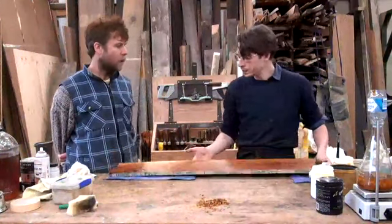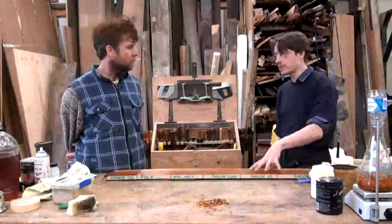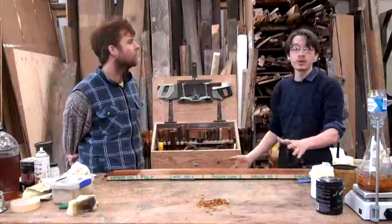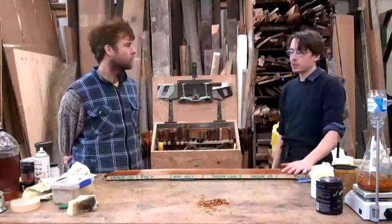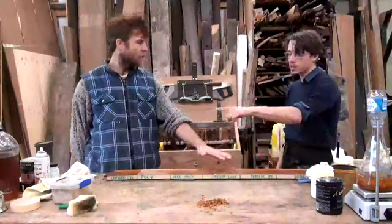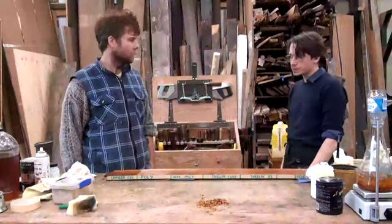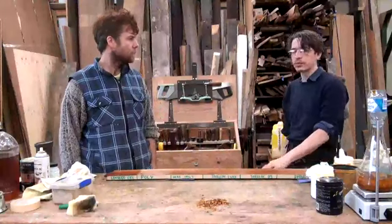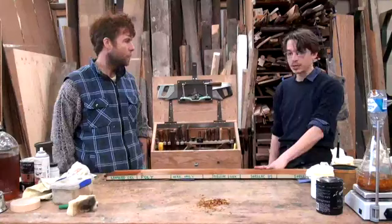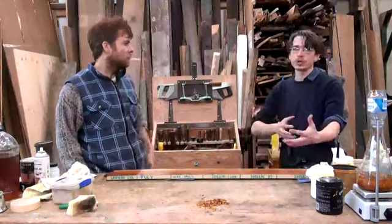What about wine and food and things? Obviously, because shellac dissolves in alcohol, if you spill whiskey on it, you'll have a whiskey stain. But most of these are going to be very similar when it comes to a lot of other stuff. Wax and linseed oil will break down in whiskey as well. The wax won't break down in whiskey as much. Wax and linseed oil are the weakest of the finishes. Shellac is slightly stronger than the two of them, and then obviously your industrial, your oil poly blends or your oil